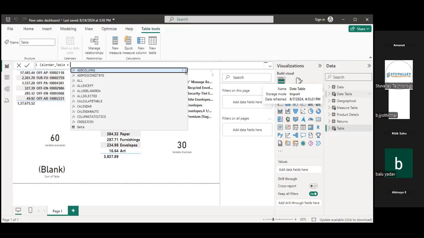Now, what I already told you just 2 minutes before: I will make one date table but with a different approach, with the help of variables. So I want to declare one variable. Can anyone guide me how we are able to declare a variable within DAX? What is the syntax for variable declaration? What is the step for variable declaration, guys? VAR. Yes, remember that, everyone.